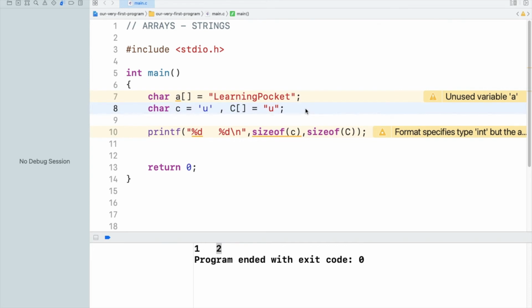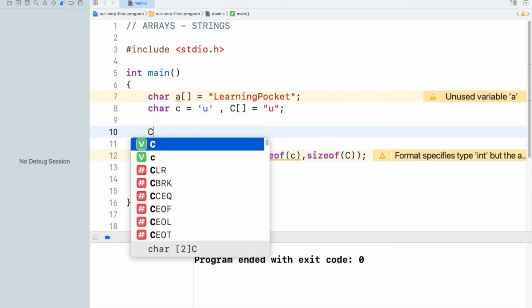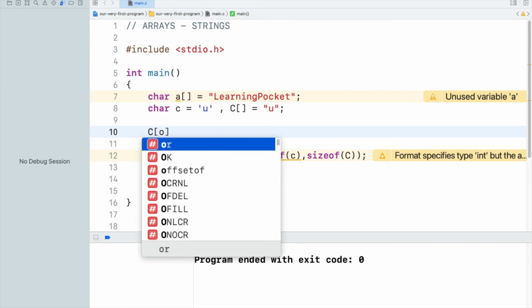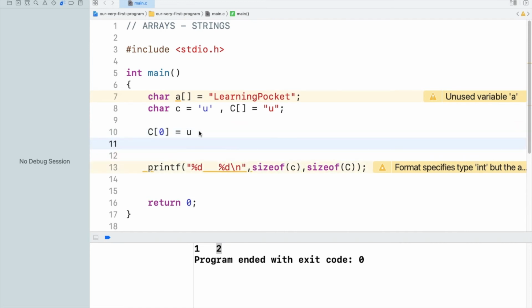Internally, this C is having two things. First, C0 will be storing the value of U, and C1 will be storing the value of backslash 0.